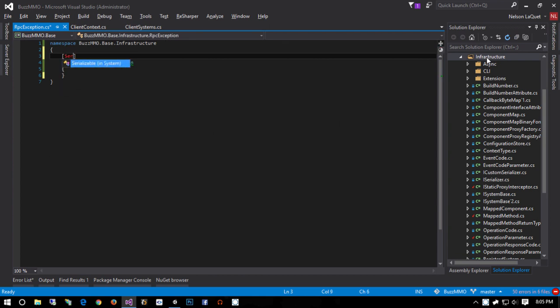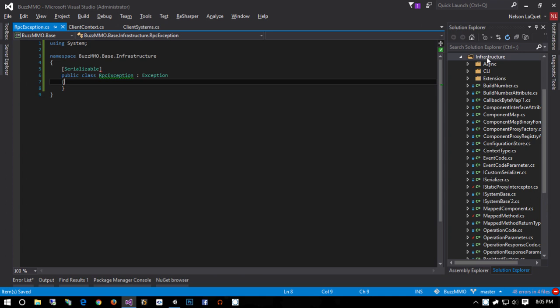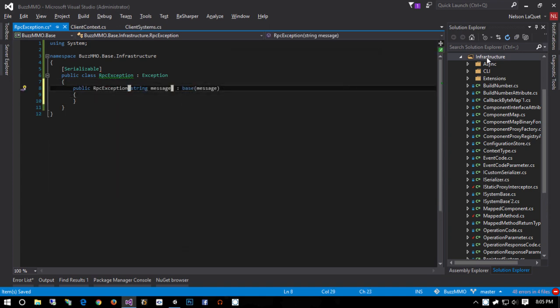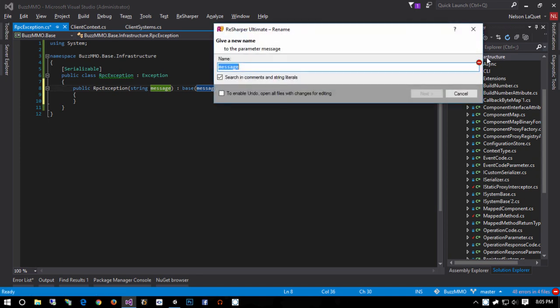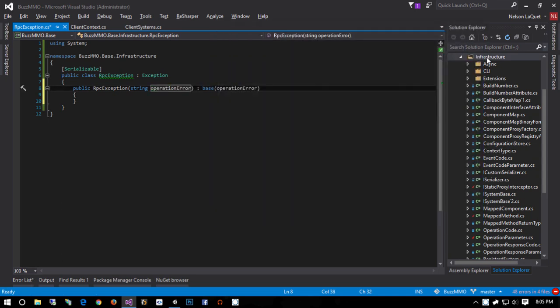He's going to be serializable, and he's going to inherit from exception. Then I'm going to create a constructor that overloads this guy, and I'm going to change message to operation error. So there'll only be... Oh, whoa, what did I just do? I hope I didn't break anything. Anyway,